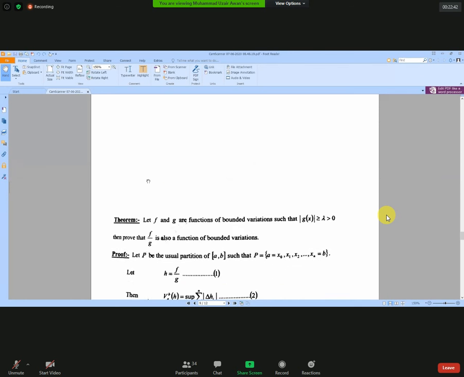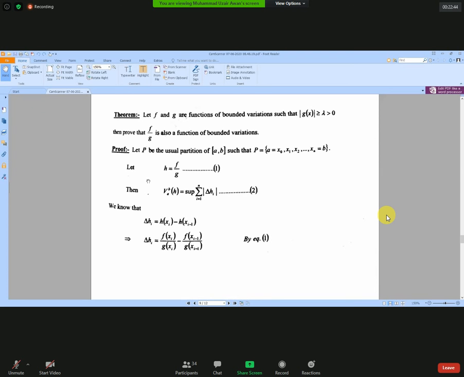ये हमें given statement है कि f and g are functions of bounded variations. ठीक हो गया. Then absolute of g of x ये भी साथ में given is greater or equal to lambda, which is a positive constant. Then prove that f over g is also a function of bounded variations. Let p be the partition of a b such that b is equal to this, and suppose that h is equal to f over g. Then the total variation of h by definition is equal to